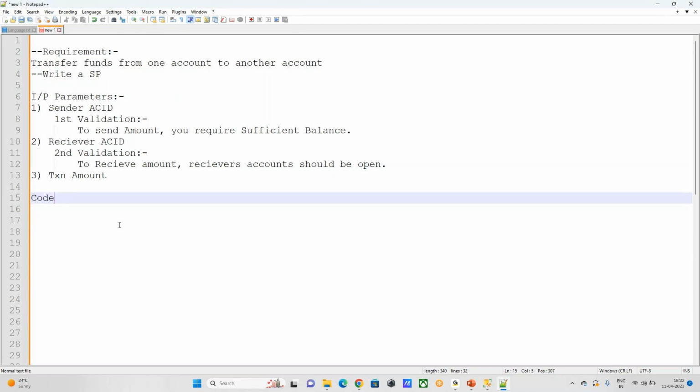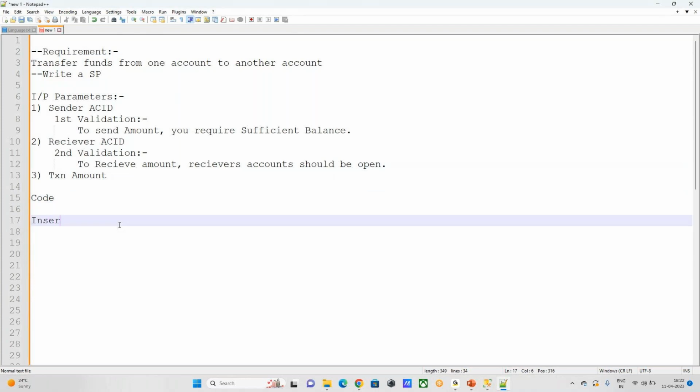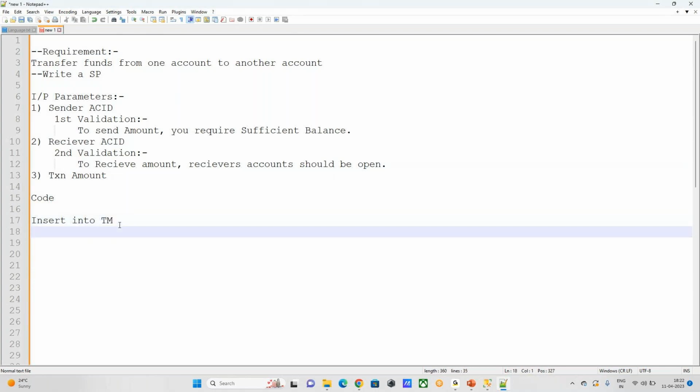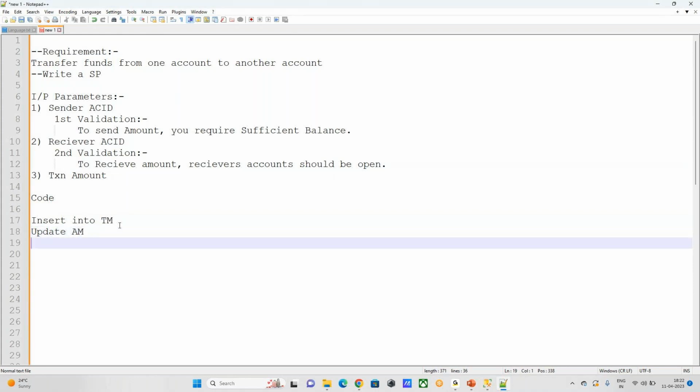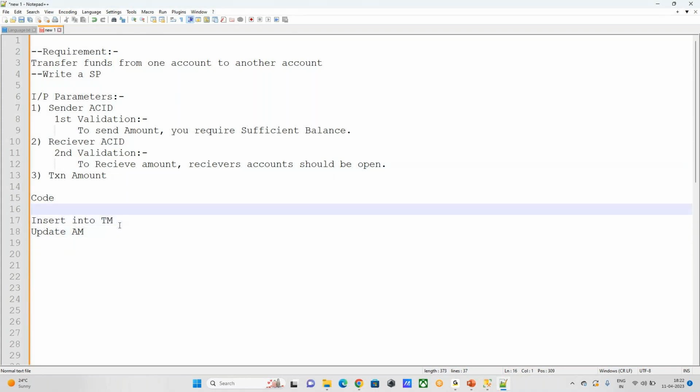You can write some kind of code here. What kind of code will you write? You will do an insert into transaction master, right? One insertion will happen, correct? And an update will also happen. Update the account master table, the balance is going to be updated, right? In the same way,